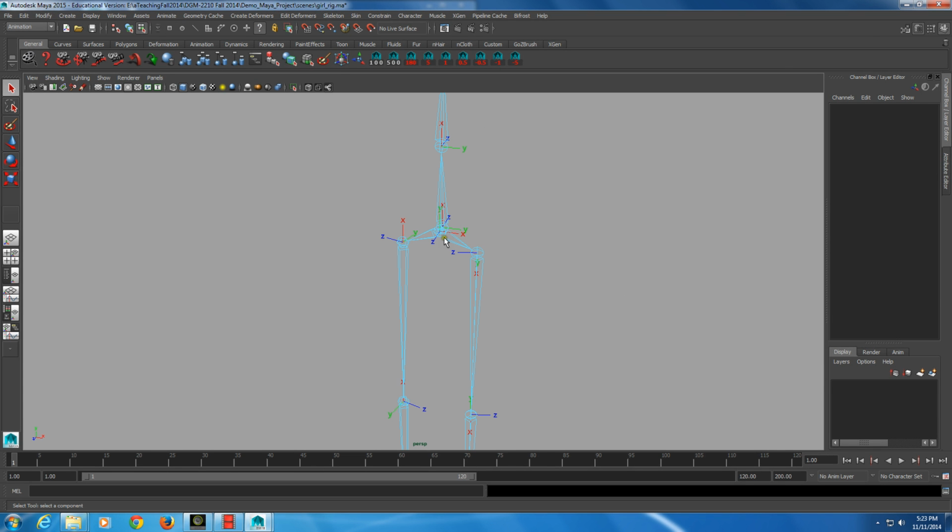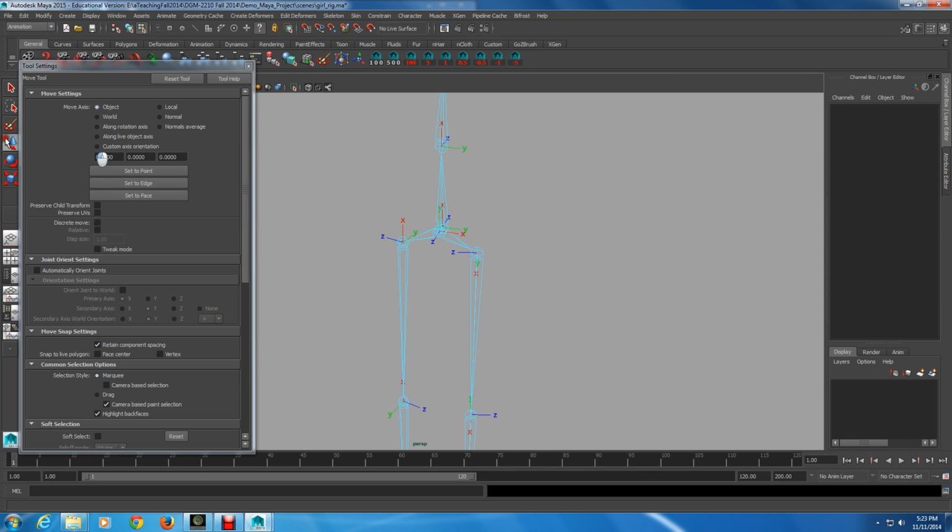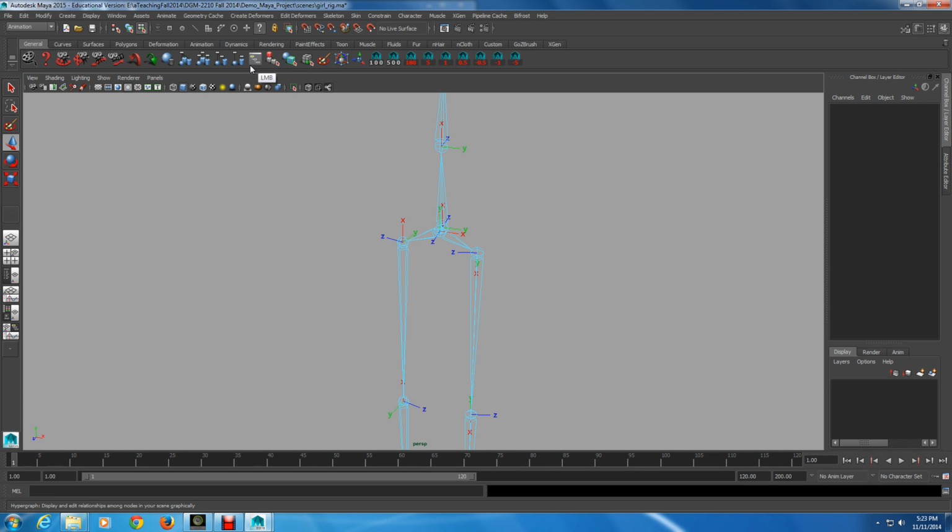Now, it's helpful to have your move tool active and set to object when you're going to orient joints, because it'll be a bigger version of these is what it will do. So see, when I select that, this move tool, how it is positioned is determined by that local rotation axes. Okay, now things to look for